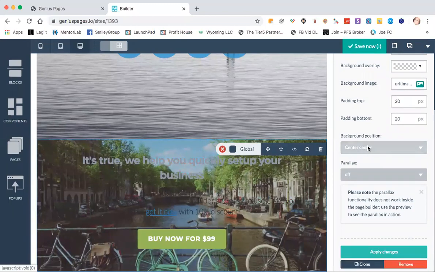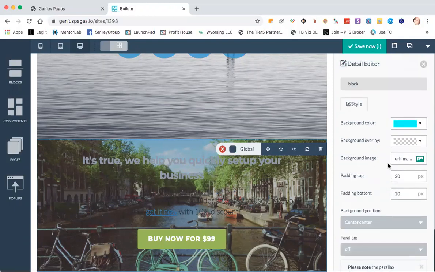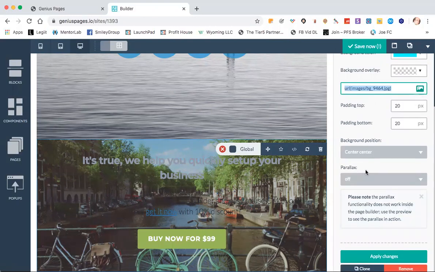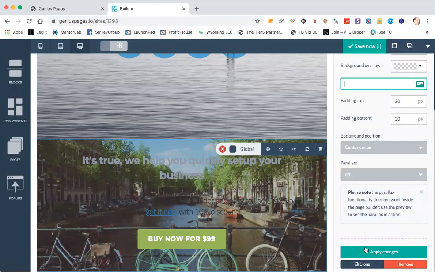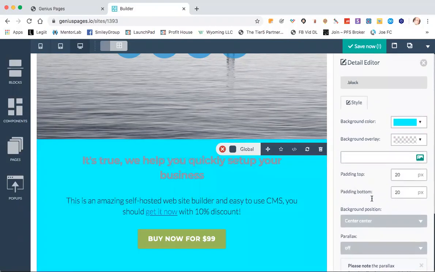And then with the image, you can position the background image. We'll leave it center. You can do parallax so that it stays in position if you scroll, and it will look like things are moving across it. That does not work inside the page builder. You need to go to preview or go to the website to watch it work, but I'm going to leave that off for now. And then if you need to get rid of your background image, just where it has the image URL, just highlight all of that and delete it, and then apply the change again, and it'll go back to what the setting was